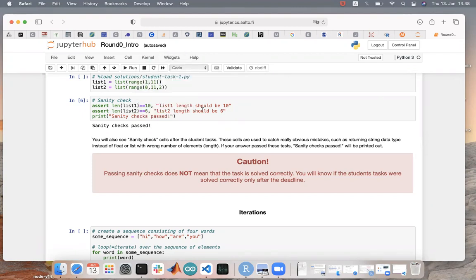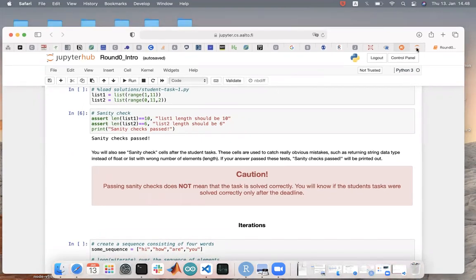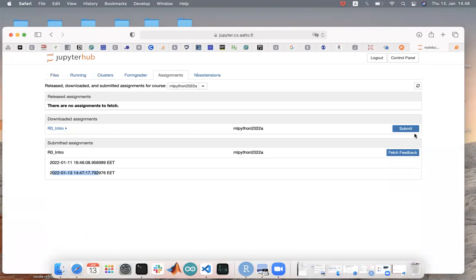Okay, so that's about submitting. And after deadline has passed, I will try to grade them as soon as possible. Usually it takes about 1 day. After deadline passed, you will see the note here, feedback available to view.